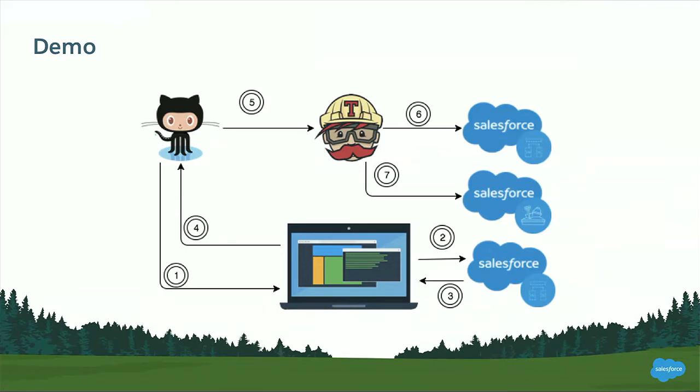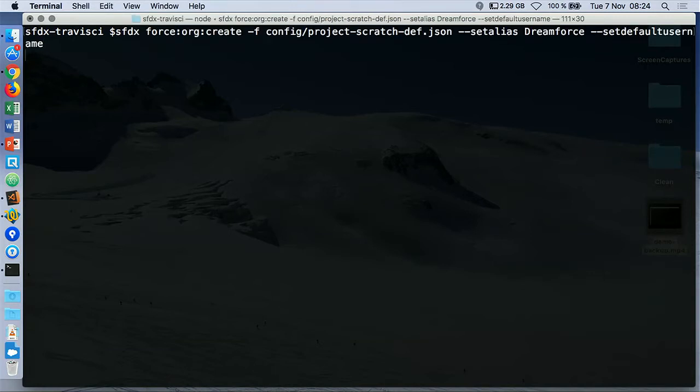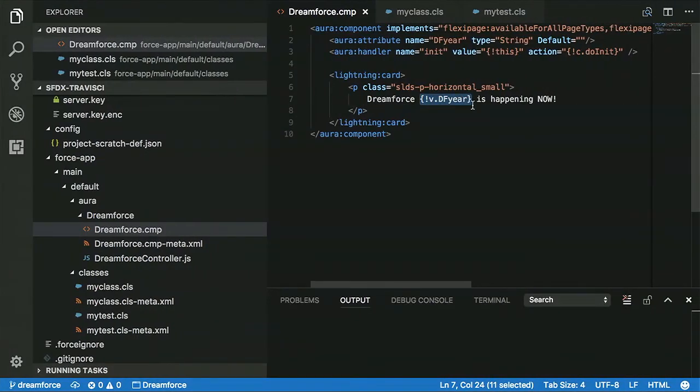So let's dive in. The first thing I'm going to do is have a look at the CLI. I'm in the terminal, and I'm going to paste this first command that is going to create a scratch org. You provide a scratch org definition file that will tell you the shape of the scratch org, what type of features it has enabled, and all of that. Let's have a quick look at the code. It takes a few seconds for the scratch org to be created and ready. So it's very simple code, but it's a banner